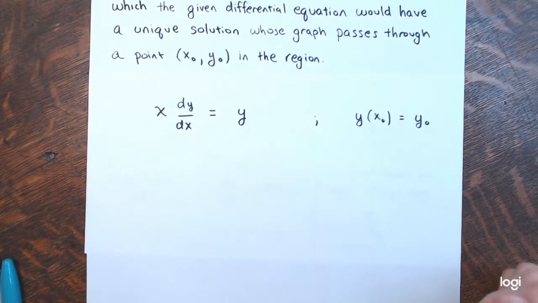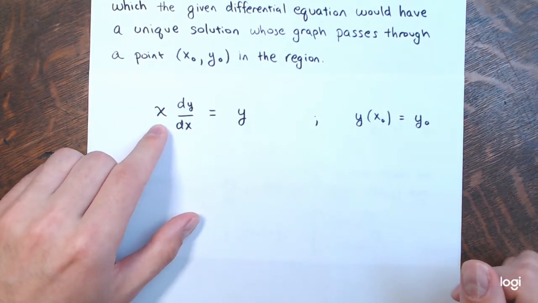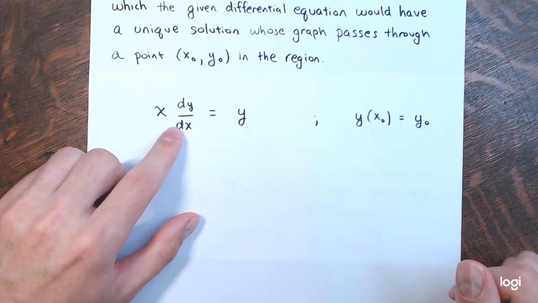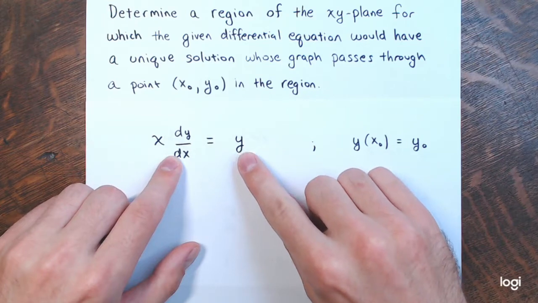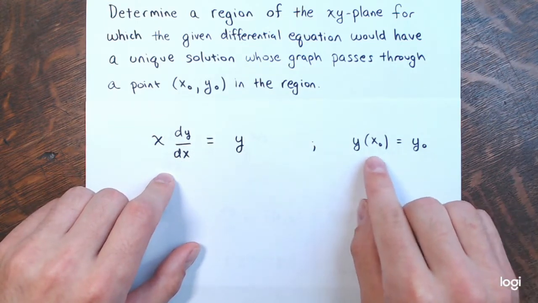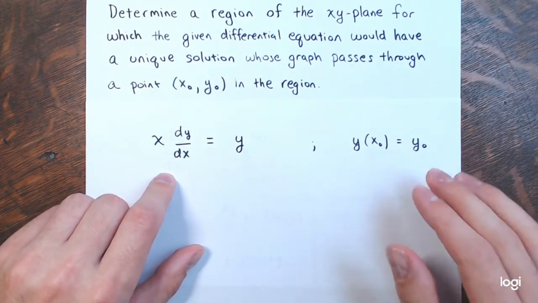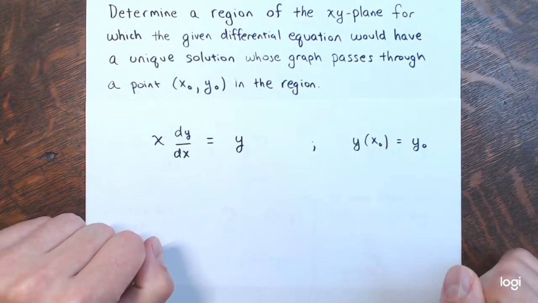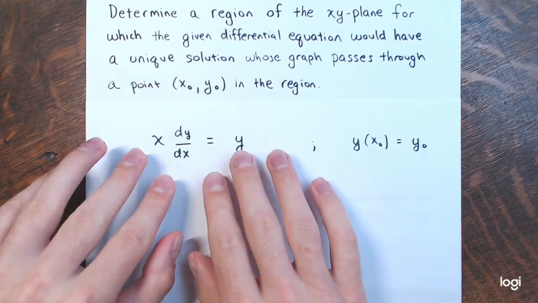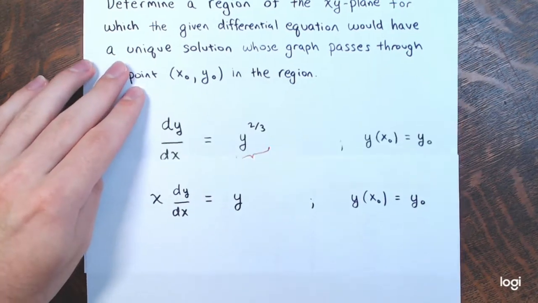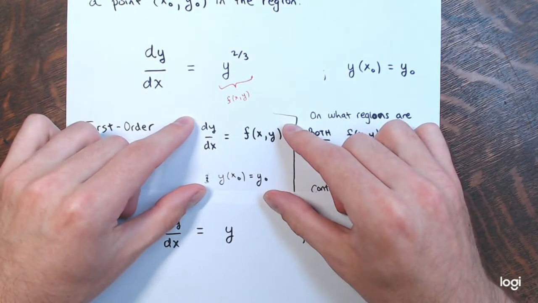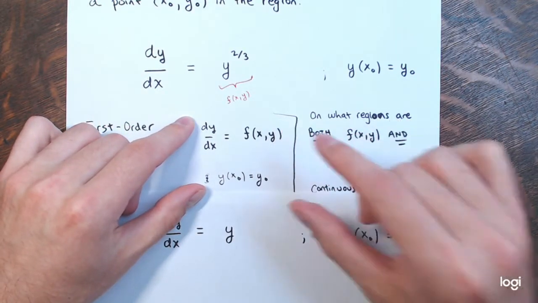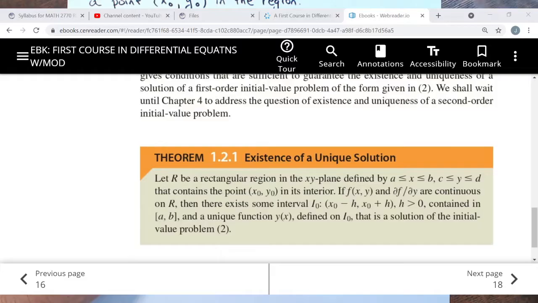So this time I have x times y prime, or x times dy dx equals y. And again, there's some initial condition involved, some point x0, y0 that the solution has to pass through. Now this is not like the previous one. The previous one was set up the way we wanted. When you talk about using this theorem,